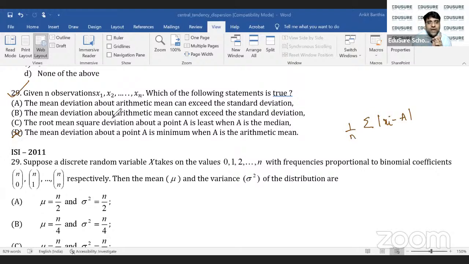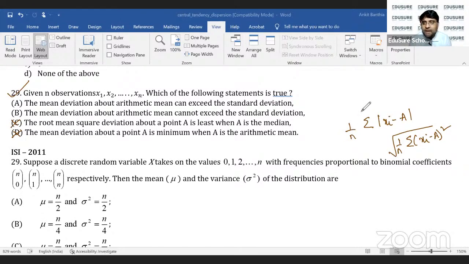Root mean square deviation is nothing but the standard deviation. Root mean square deviation इसको बोलते हैं, okay, it is minimum about the mean. Standard deviation is the minimum root mean square deviation, okay. तो रूट मीन स्क्वायर डिविएशन इज लीस्ट व्हेन A इज द मीन नॉट द मीडियन,